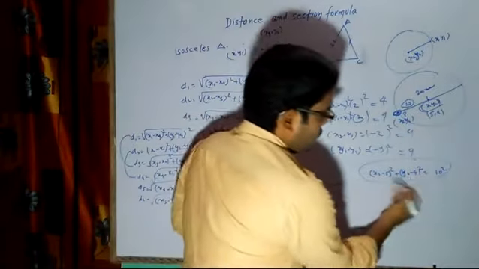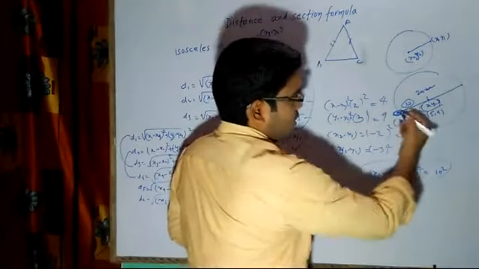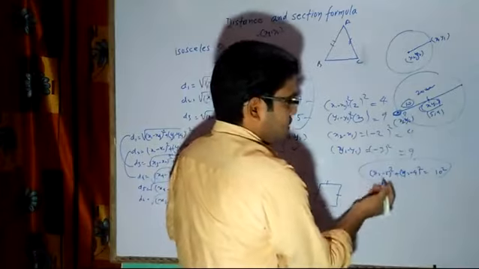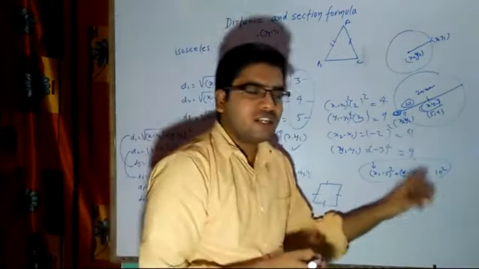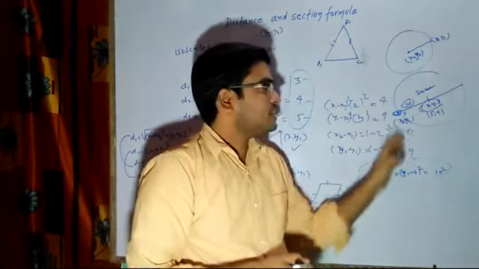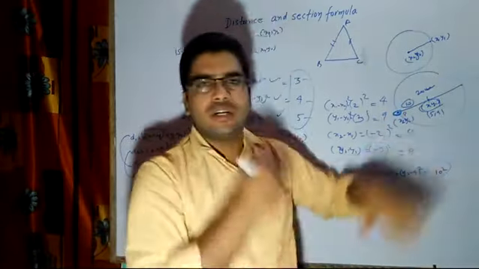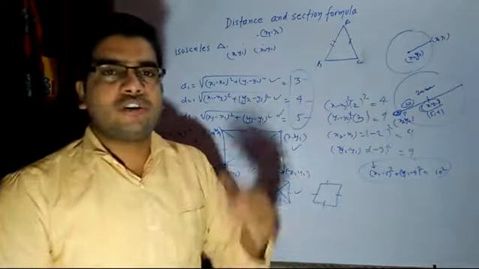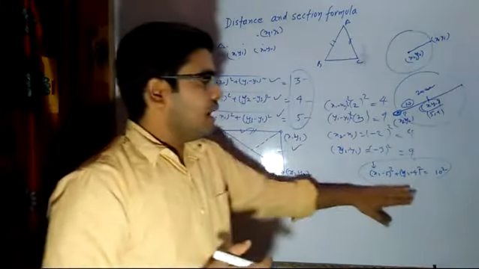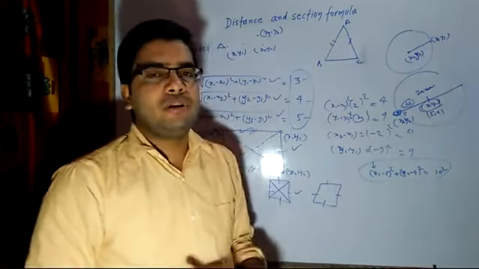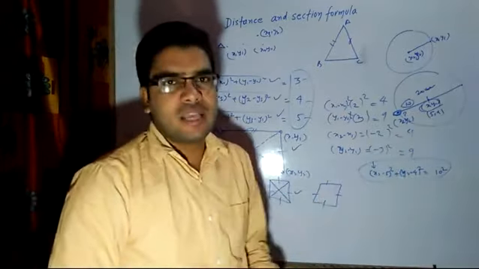Now here you have two variables and only one equation, so definitely they will give one more condition, either that the x coordinate is 0, or they will say that this x value is double of x or triple of x. They will give you the conditions in such a way that with the help of one equation only you will be able to solve the problems and you will get the answers.